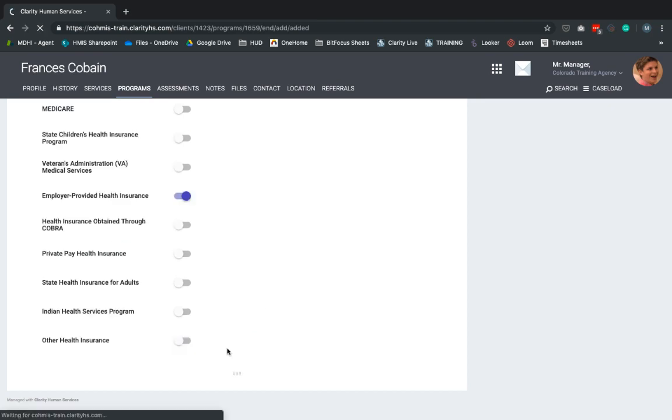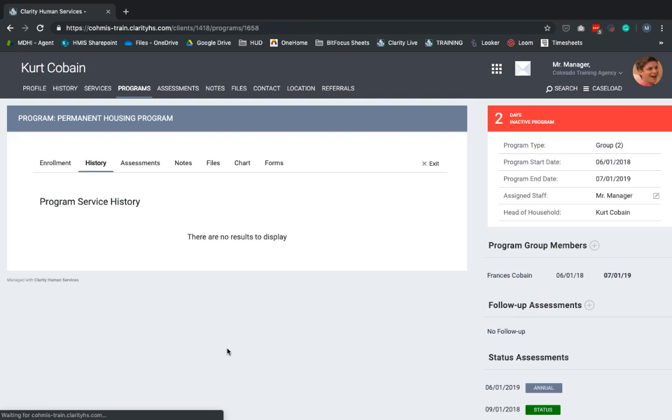And when I do, you're going to notice over here on the right-hand side of the screen, it says that the clients are now inactive in my program. And in addition to listing the start date, it now lists the end date as of 7/1/2019. I could still fix any data quality issues, whether that's on an enrollment or maybe I need to fix a piece of information somewhere else in this program enrollment.